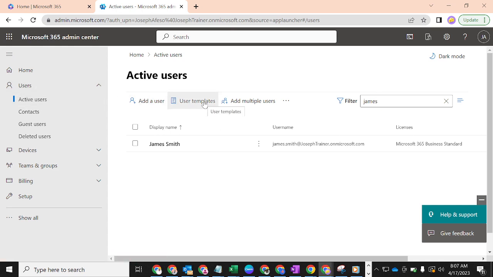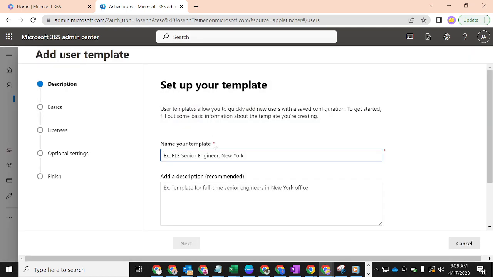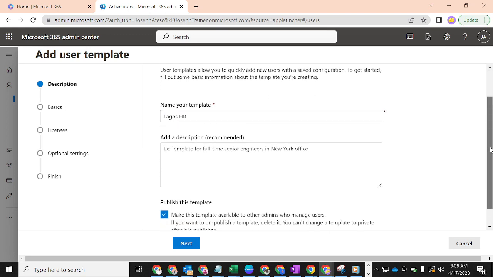So now I want to look at the template method of creating users. I'll go to user template. If I want to add a new template, I click on add a template. Okay, so when this comes up, I'm going to give it a name. Let's say Lagos HR. Lagos HR is the name of the template. That means anytime I have someone, I will put it here and add the description